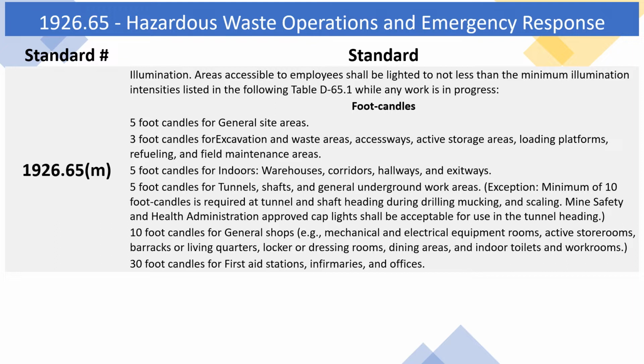1926.65 L.3.6. An employee alarm system shall be installed to notify employees of an emergency situation, to stop work activities if necessary, to lower background noise in order to speed communication, and to begin emergency procedures. 1926.65 L.3.7. Based upon the information available at time of the emergency, the employer shall evaluate the incident and the site response capabilities and proceed with the appropriate steps to implement the site emergency response plan.